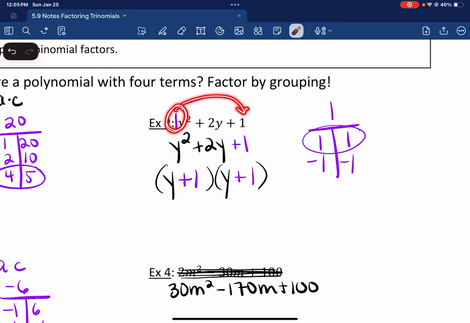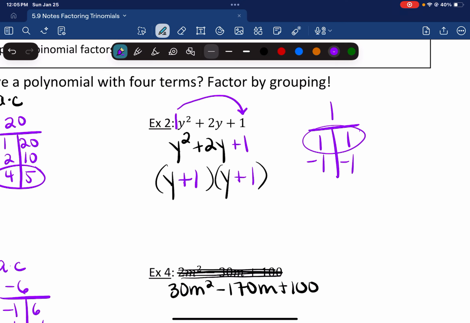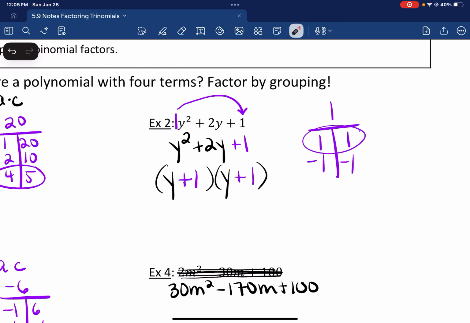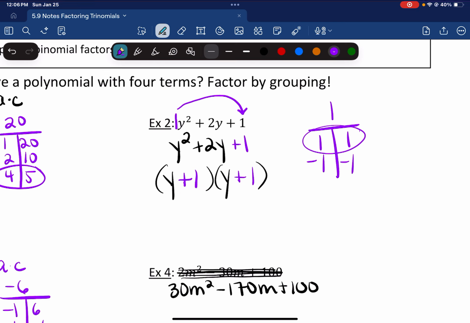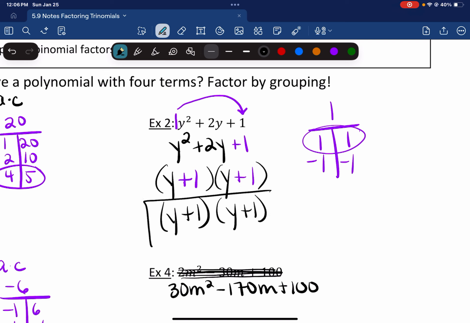Now, what term did we slide to the back in the beginning? We slid this positive 1. We always want to divide with whatever a value we started with. So I'm going to divide this by a 1 and this by a 1. And hopefully you see 1 divided by 1 is still just 1. So when we simplify that, we just get y plus 1 times y plus 1. Now this was a very easy and oversimplified trinomial to factor. So let's try it with something more difficult,